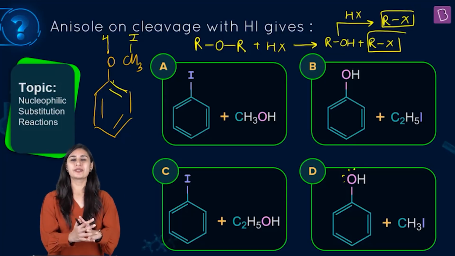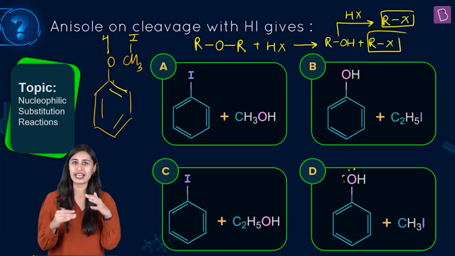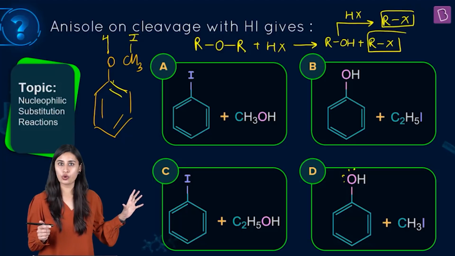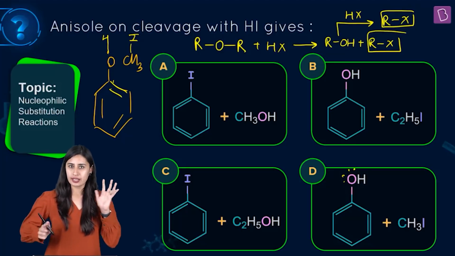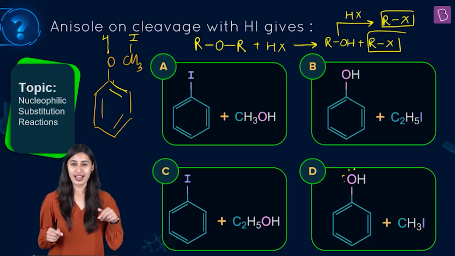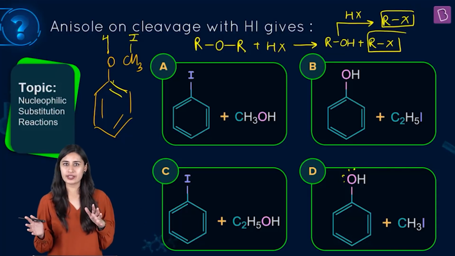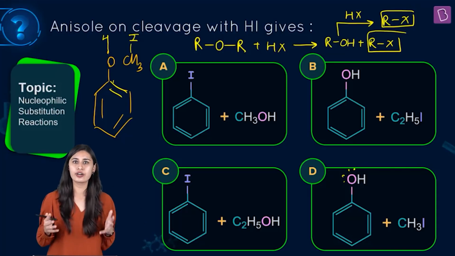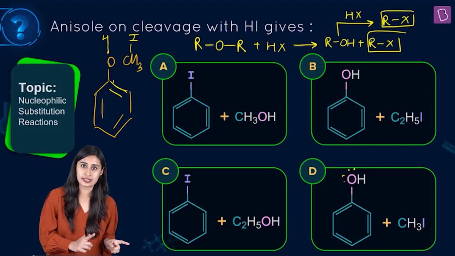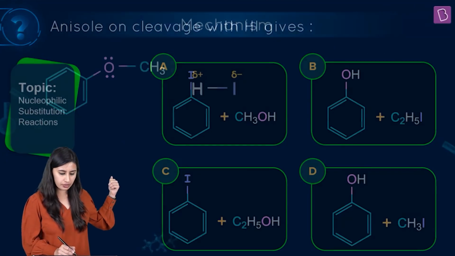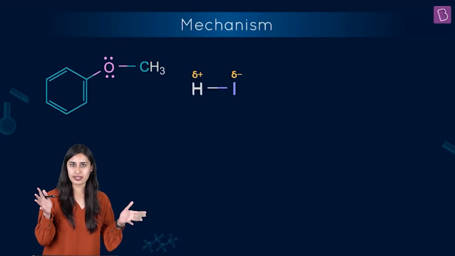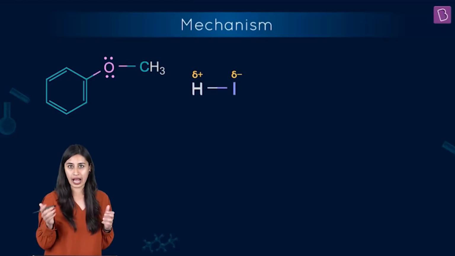But let's do the autopsy of the question and get into the finer layers of it. So this reaction, anisole on reaction with HX, the mechanism is SN2 mechanism. Nucleophilic substitution, and bond making and breaking will occur simultaneously. You will get a high energy transition state. There will be no formation of carbocation here, which happens in SN1. So out here, let's see what's going on. Anisole, I can write HI like this because you know that there is a difference in electronegativity of H and I.